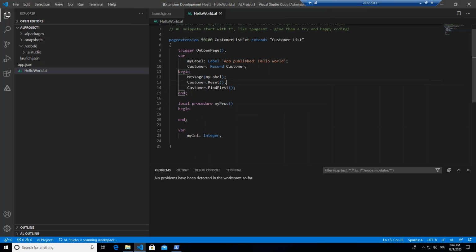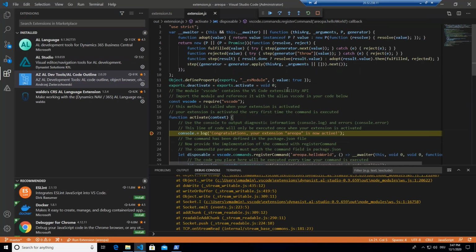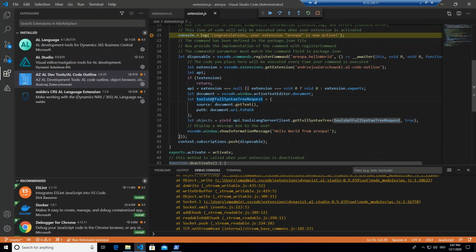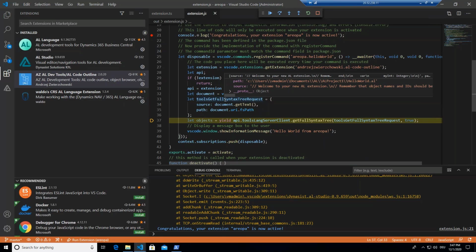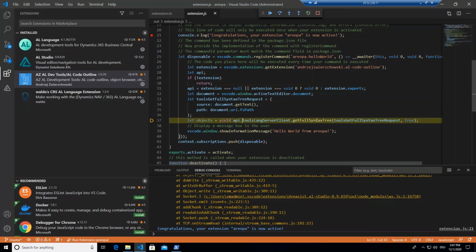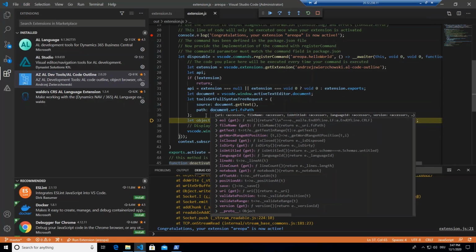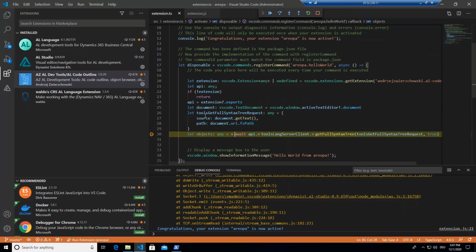So I will execute the hello world. And here we are. Now I have a JSON object, and as you can see, it's really just like a normal object with the source and the path attribute, just the same attributes that NJ is expecting in his extension. And I am handing this object over to this procedure. And if I now hit F10,